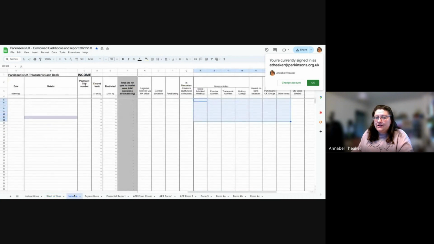And then it's quite straightforward. So if we go into the income tab, you will see here that you've got the date column, details, paying in slip number, whether it's cleared the bank and whether it's restricted. So let's say that we took money from our exercise class in January. So 27th of the 1st, 2024. Our details, so January exercise income,